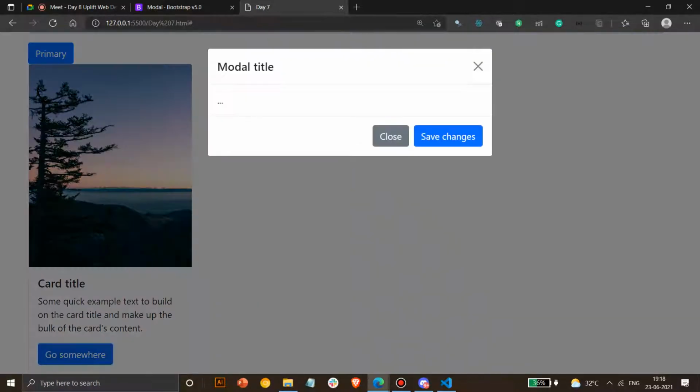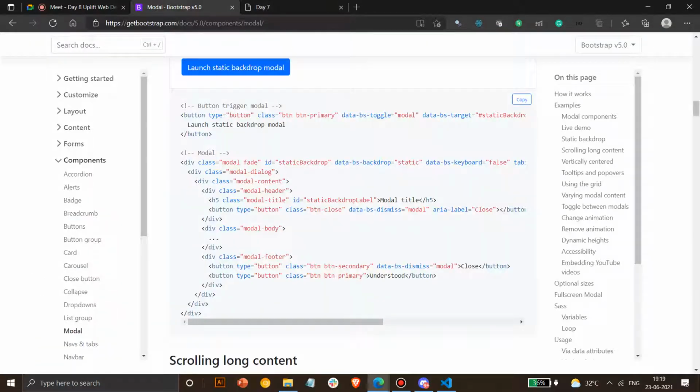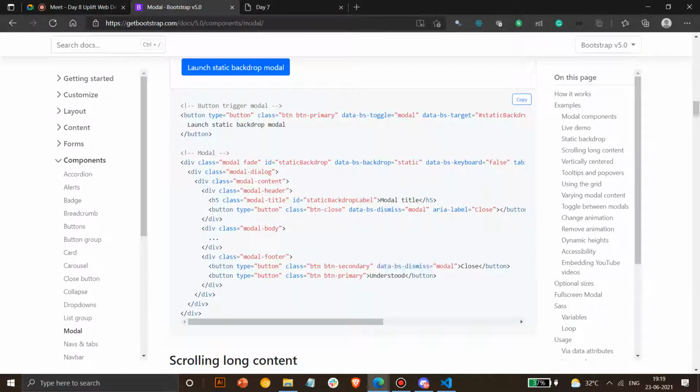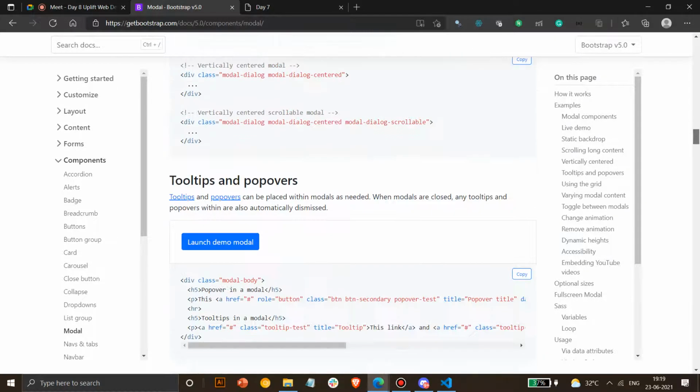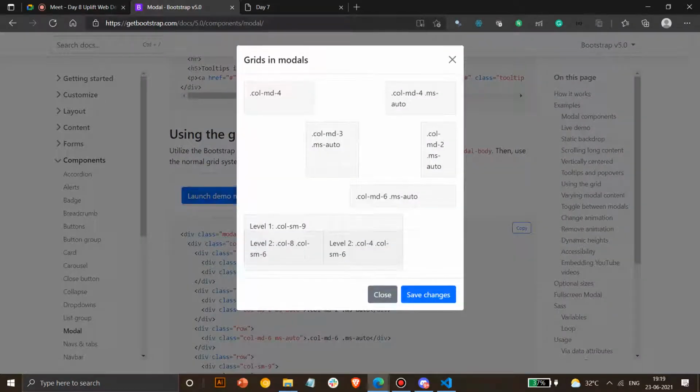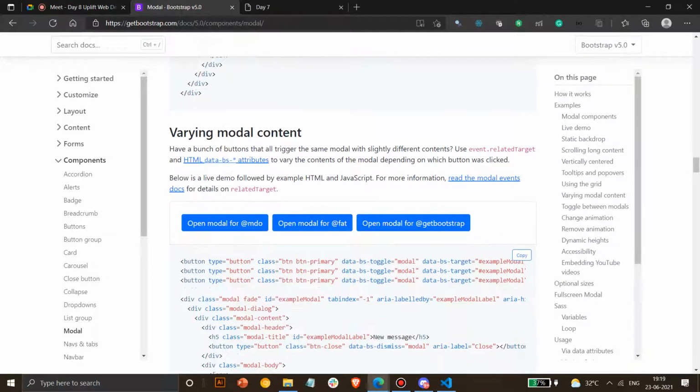So you click go somewhere, it opens up a modal. You can click save changes or you can click close. And on data-bs-dismiss, you can specify that on clicking of this, it should automatically close the modal. You can have only a single button, but if you have a single button, also specify that data-bs-dismiss means it will automatically close the modal. And if you have to specify some job on clicking of this button, then we'll study that in JavaScript, so don't worry. And these are some of the other modals also. We'll learn about containers, rows and everything, so don't worry.